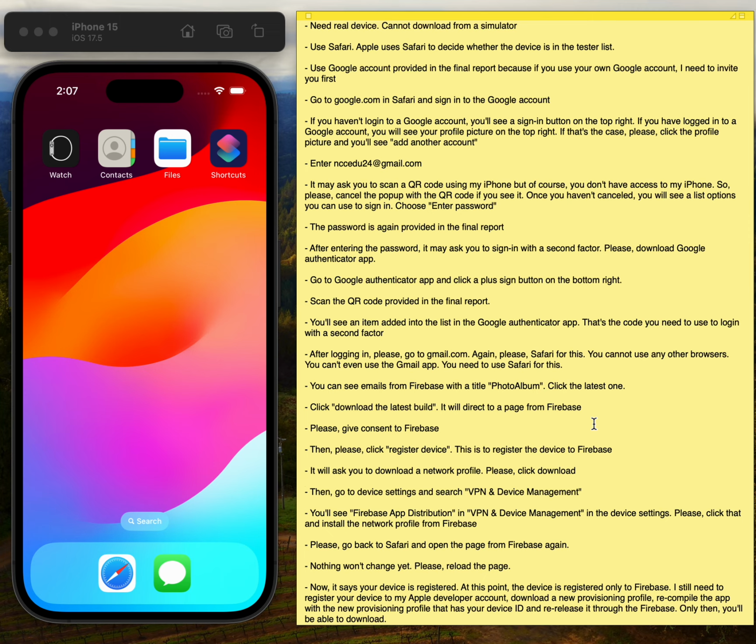In this video, I'll demonstrate how to carry out the first few steps required to download the iOS app from Firebase. I'll demonstrate this with an iOS simulator, but you need a real device to download the iOS app from Firebase. You can't use a simulator. There is a limitation, but